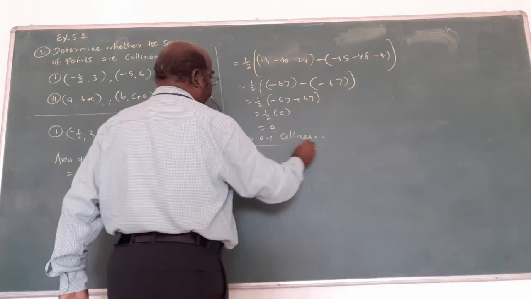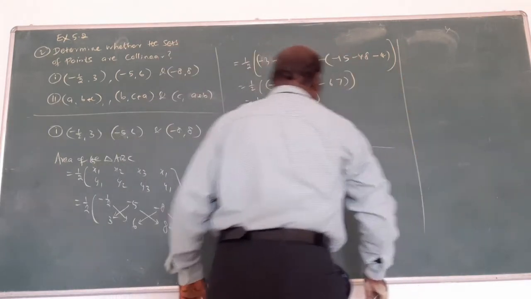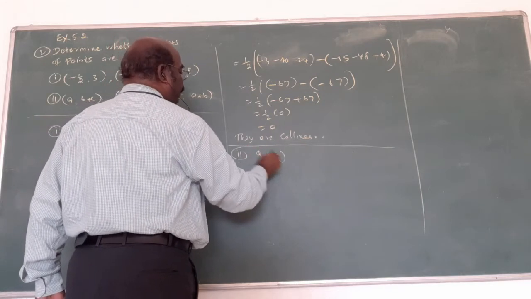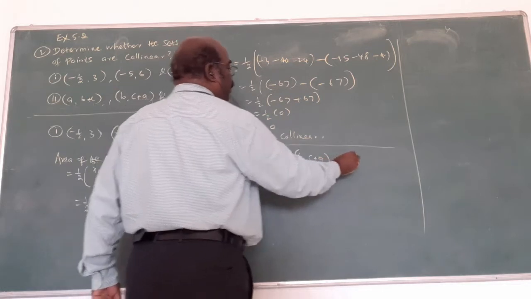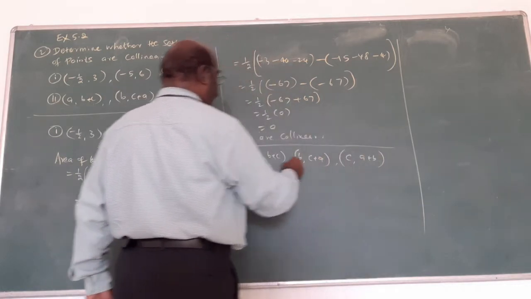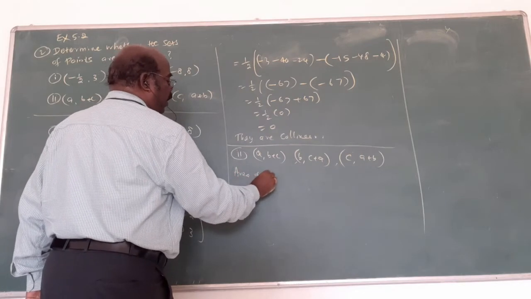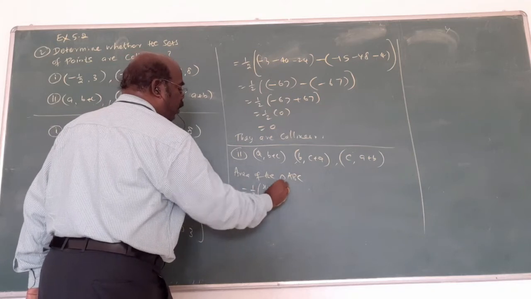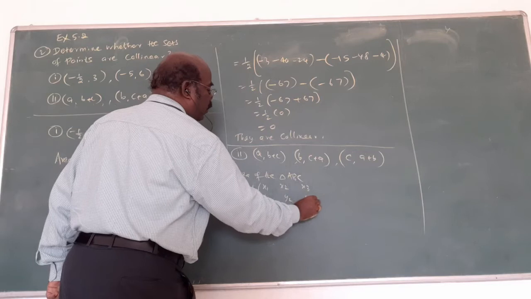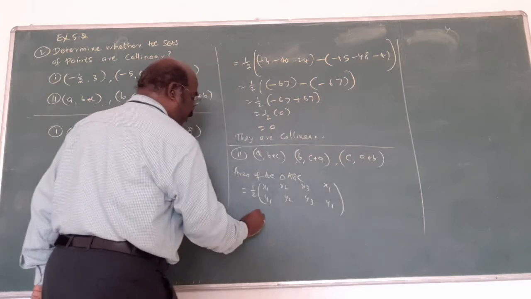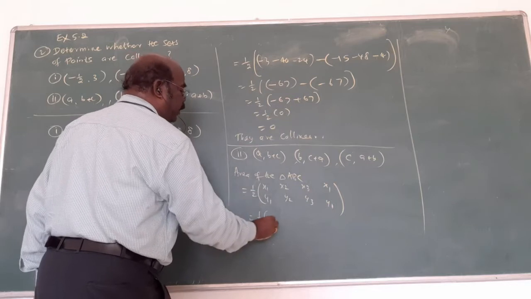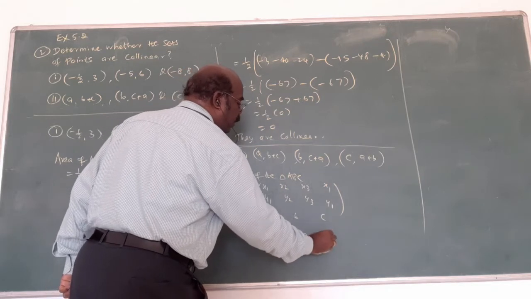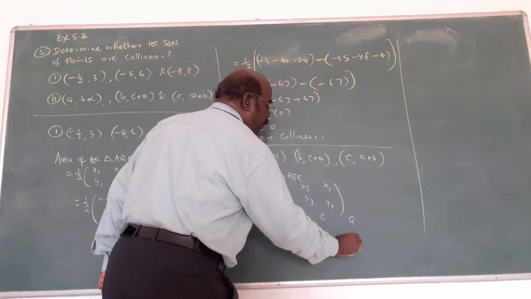That's all. First of all, now the second solution. A into B plus C, B into C plus A, C into A plus B. The same thing. Area of the triangle ABC. What is the formula? Half into x1 y1, x2 y2, x3 y3, again x1 y1. This is the formula. Half into, what is the first one? A, B plus C, B, C plus A, C, A plus B. Once again, A plus B plus C.